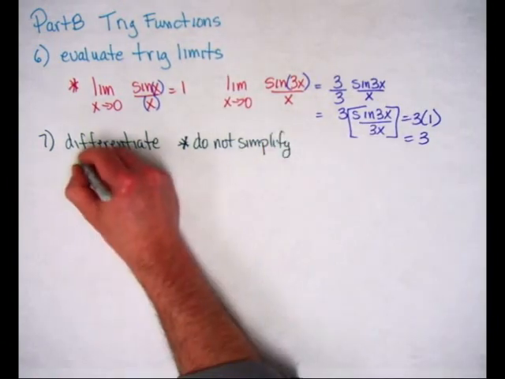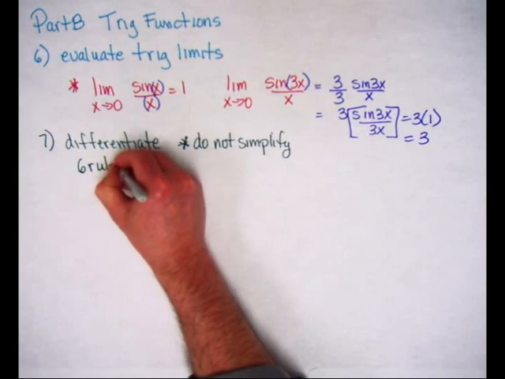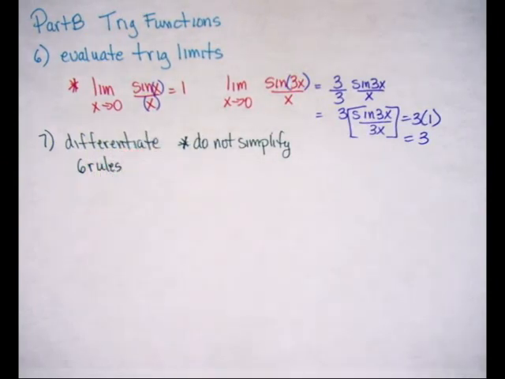I do expect you to know all 6 rules, the derivatives of sine, cos, tan, secant, cosecant, and cotan. So make sure that you're familiar with all 6 of them. There was a pattern we talked about. You might want to have a look at that pattern as a way of helping you remember the rules. I'll just run through a couple of examples for you here just to get you back